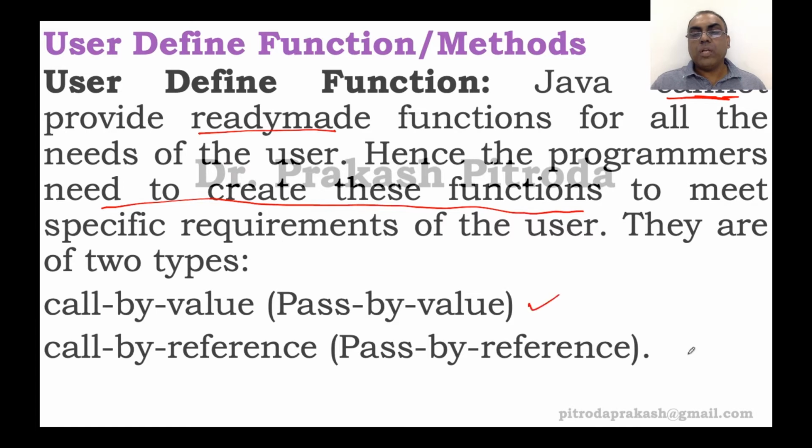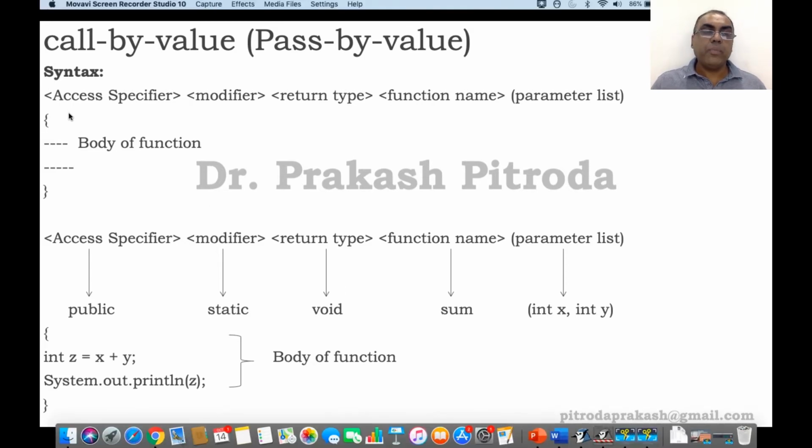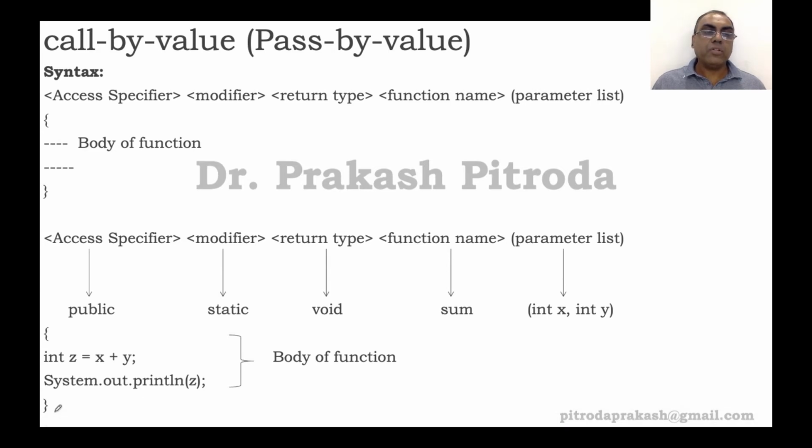We have seen there are two types: call by value and call by reference. So let us understand here. First, call by value, we are going to introduce ourselves. We begin understanding with how do I create a particular function. How do I create a particular function? So in that case, here is your